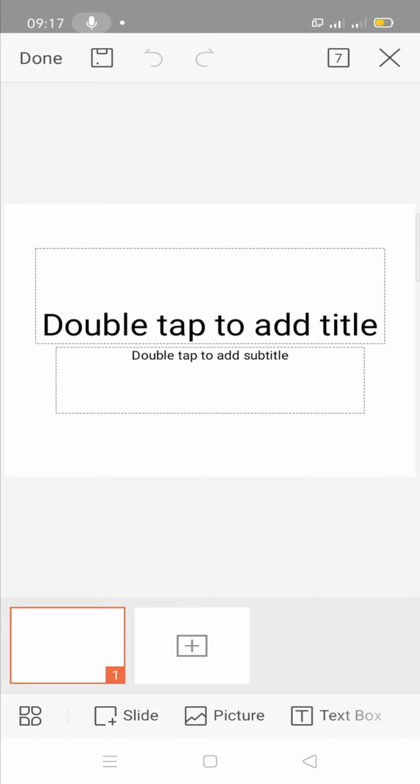So this is the first slide. A slide is just a page. Just like in Word, there is one file, one document page. In Excel, there is a spreadsheet where you will type the numbers, characters, everything, data. And here, there is one slide. In this slide we have to write the information.